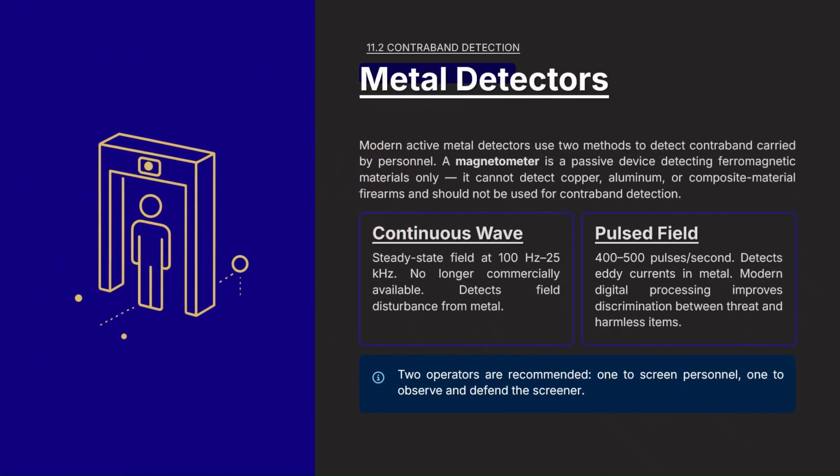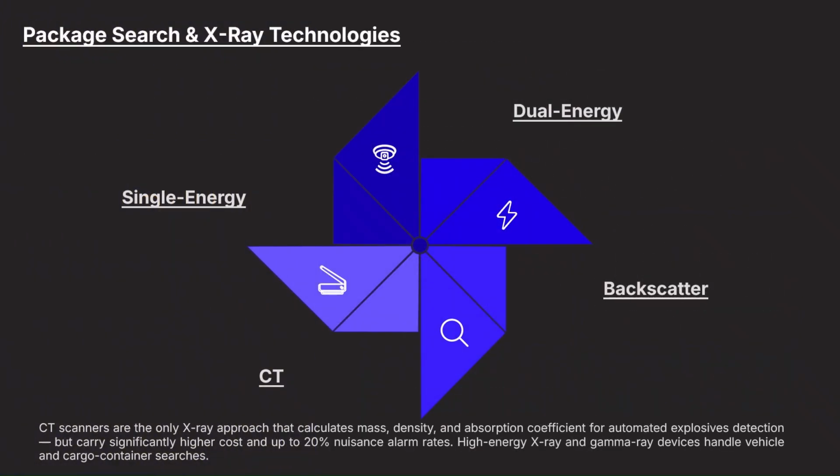Metal detectors are widely used to detect concealed weapons and contraband. Continuous wave detectors create a stable electromagnetic field and detect disturbances caused by metal objects. Pulsed field detectors send pulses and analyze responses, offering improved detection of different metal types. Proper deployment is critical. Operators should be trained, and dual operator setups are often recommended to ensure both effective screening and observation. X-ray technologies are essential for inspecting packages and